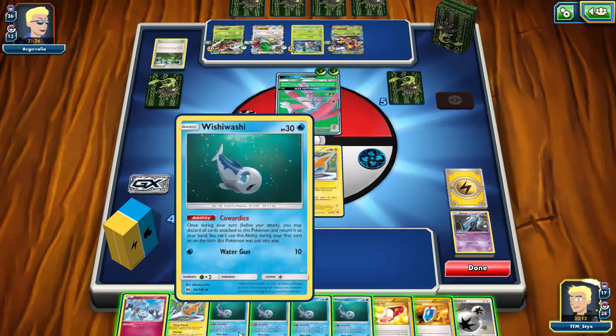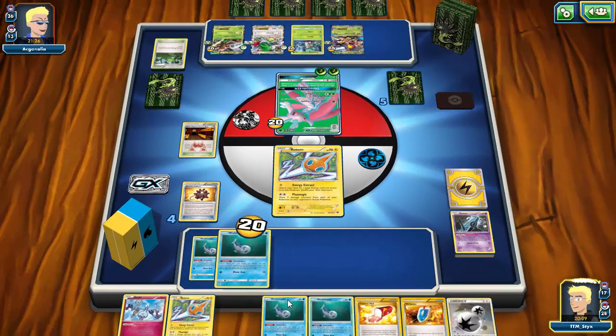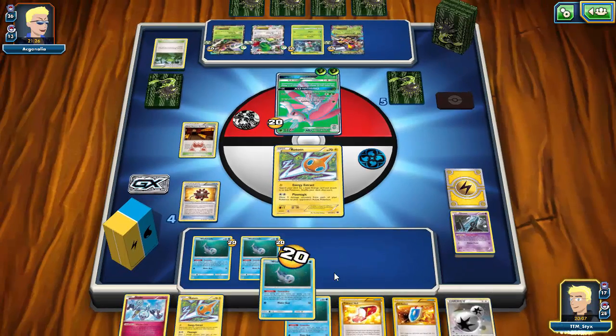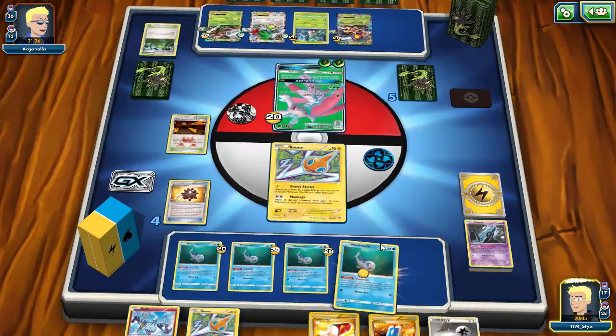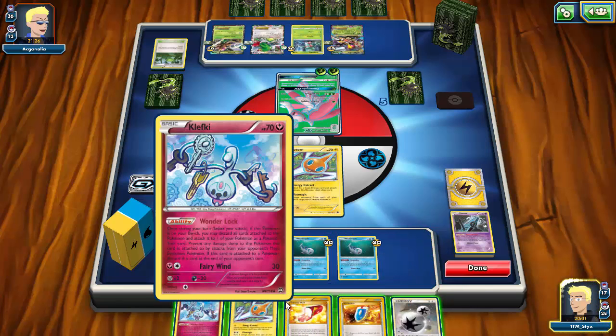Trainer's Mail, that works. So what I am going to do is go ahead and play down all of my Wishiwashi. Probably play down the... do I want to play down the Klefki or the Rotom? I think... no. I want to play down the...